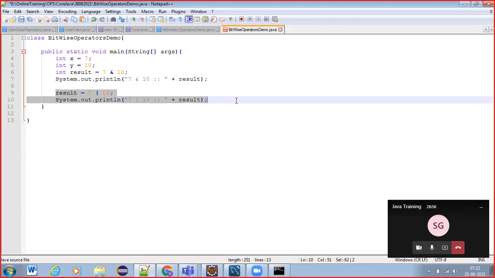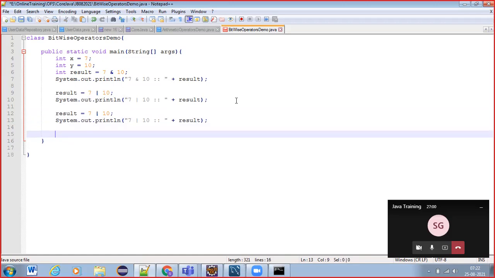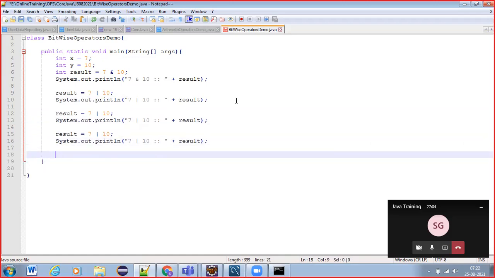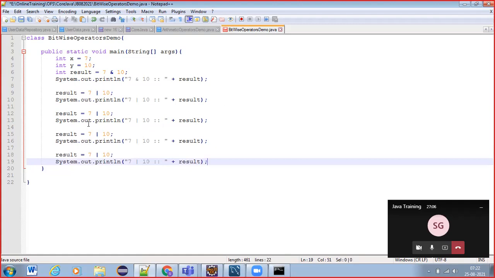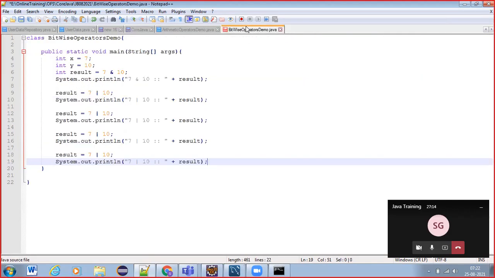So similarly, let's apply all these operators and observe the outputs. But I can't go through each and every operator calculation here. Why? Because it is a difficult job for me, guys, dealing with the bits. That's not my core expertise.